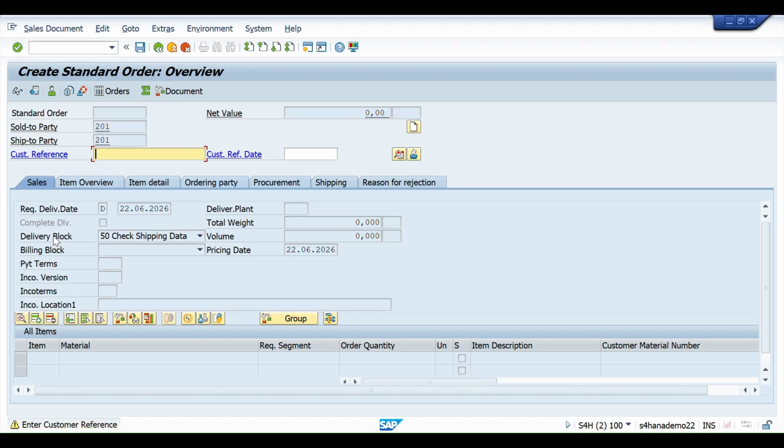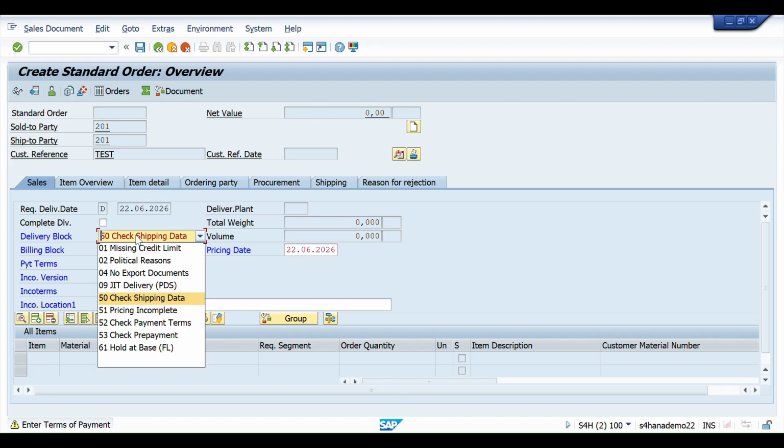Yes, you can see the block already populated, like check shipping data. Once we save the order, while creating delivery, the system will not allow. We need to again open the sales order, release the block, and then save